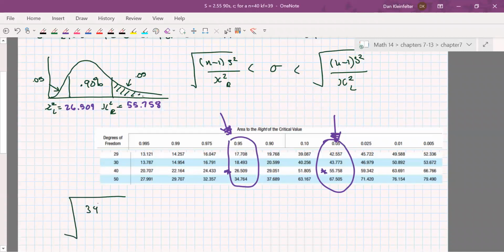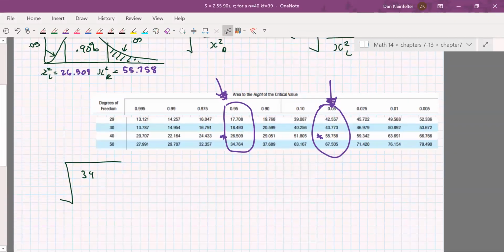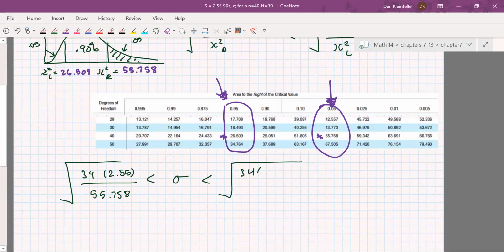We'll have 39, that's our n minus 1. Our sample standard deviation was 2.55. And then we have 55.758. And then the upper end, same numerator. And we'll have our chi-squared left, 26.509. I wanted to mention before we go any further that these numbers, chi-squared left and chi-squared right, that's